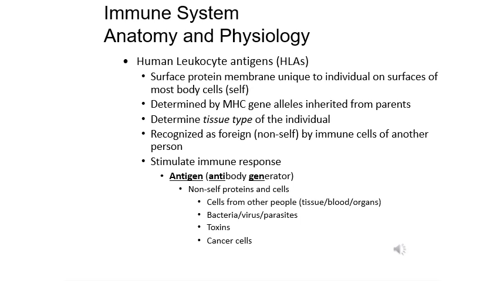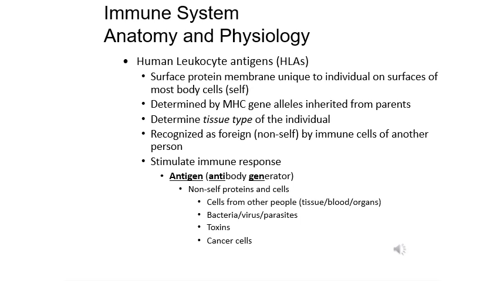I just like to think of it as a team uniform, and I have a team uniform with my number on it, and somebody else has a team uniform with their number on it. And so my body knows all of my cells with my team uniform and my number. And so that's where it will recognize antigens or foreign materials that do not have my same uniform on. And again, it's almost like, if you think of a very specific barcode, it knows that barcode and is going to be very specific